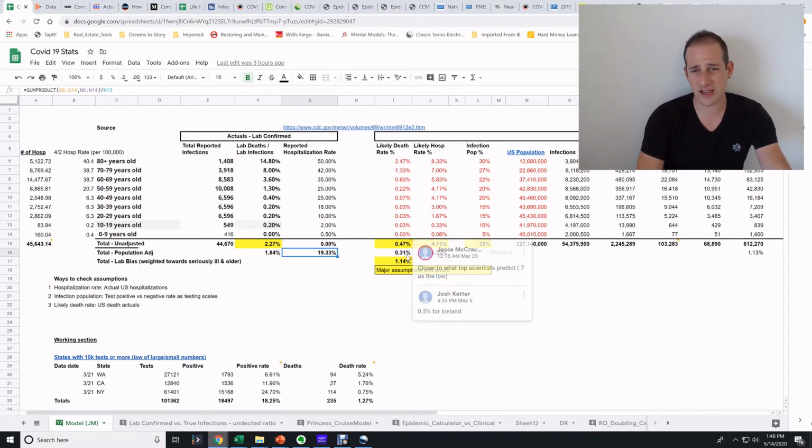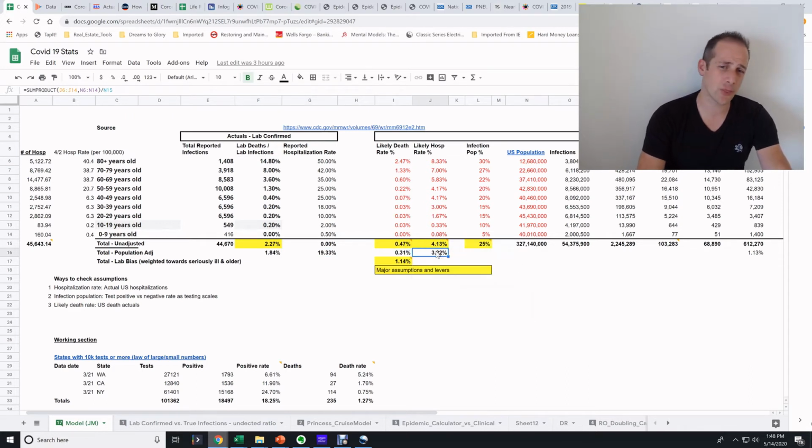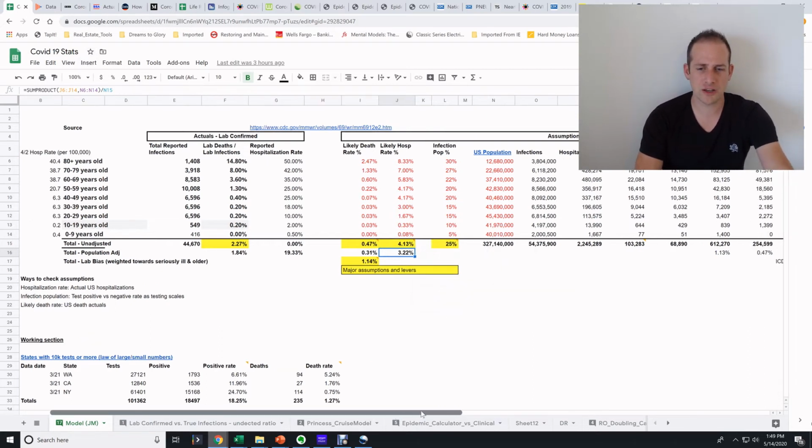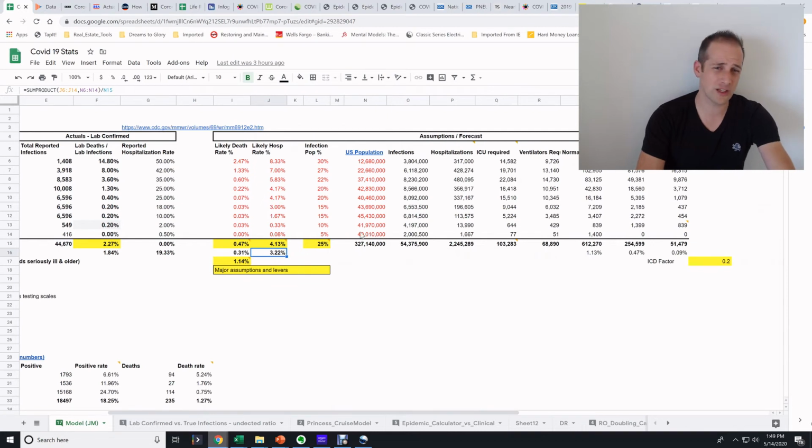If we're off by 6x, then really that's more like 3%. And in truth, now we're seeing it's probably much lower than that now that we have the benefit of hindsight data. So that's the key number that I took. Just to give you a brief overview, I also did look through